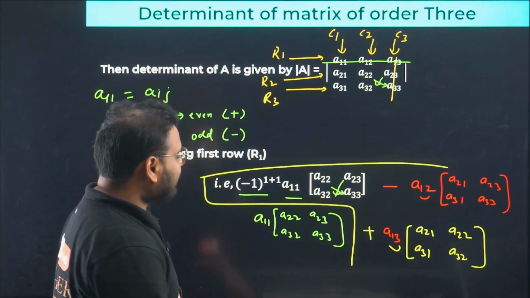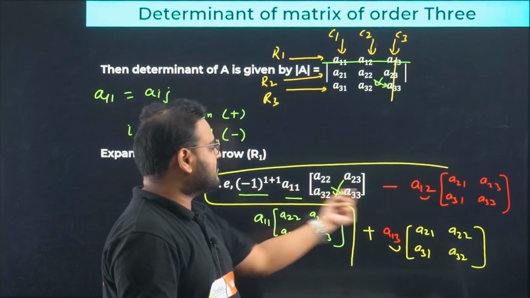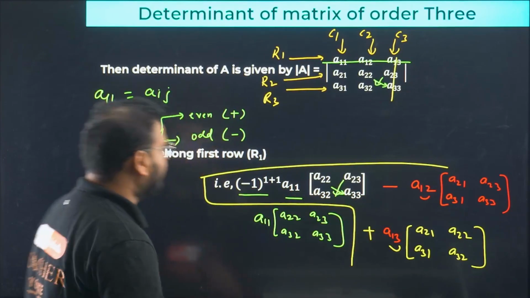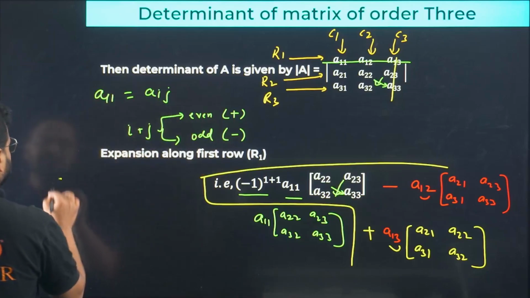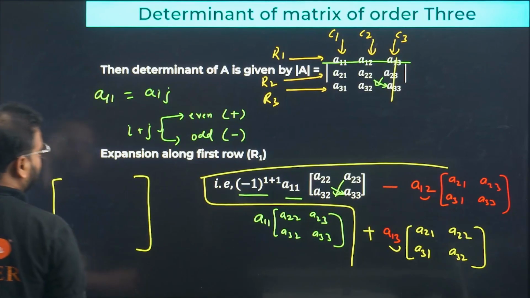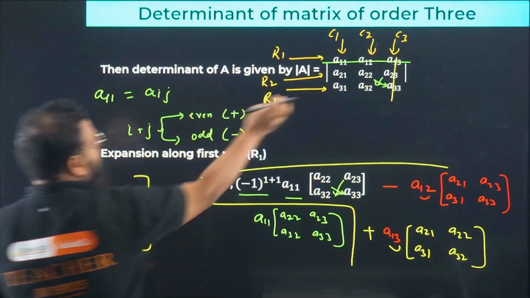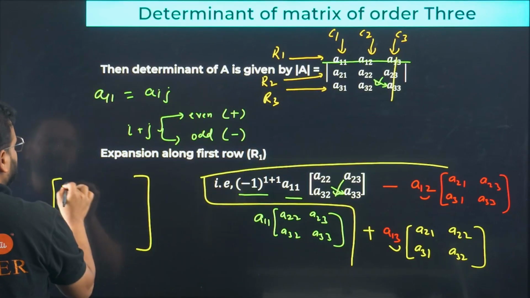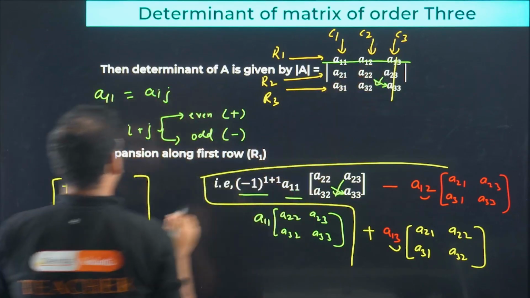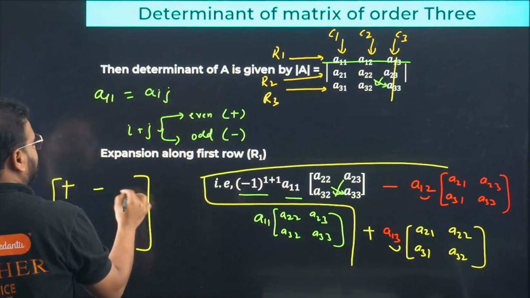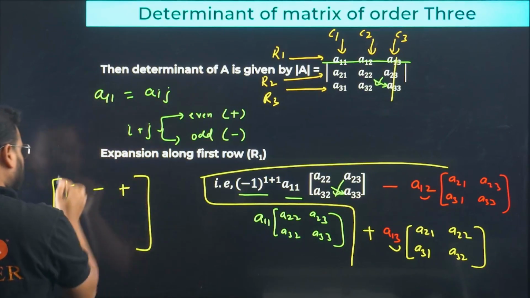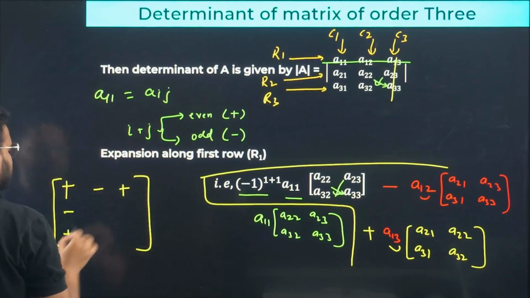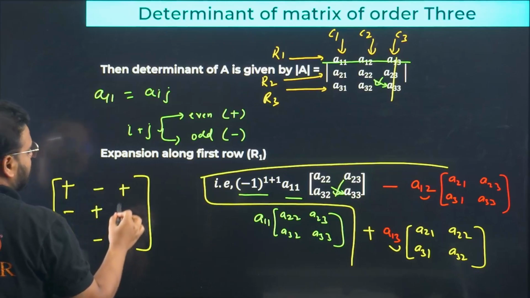Now, sir, do I have to remember always to add 1 plus 1, 1 plus 2, 1 plus 3? You don't have to. I'll give you a trick for that. Don't worry, the trick is very simple. Think about it. Your element here, what's the first element? 1, 1 means plus. I have 1, 2 means odd, so negative. Here again 1, 3 means plus, and they'll just continue like this: plus minus plus minus plus minus plus minus